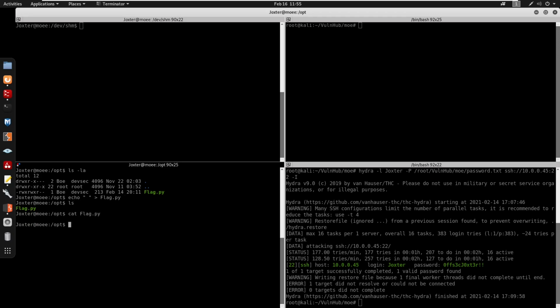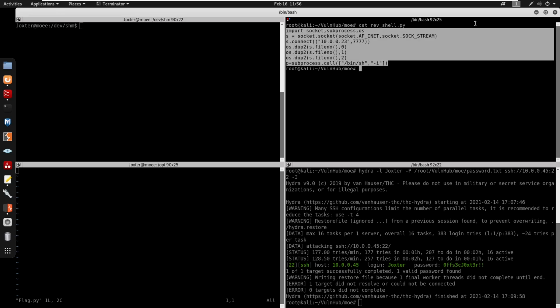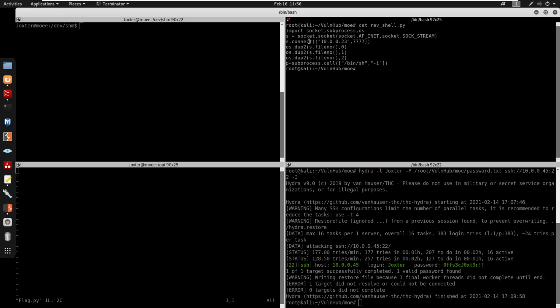So we can cat flag.py. We have nothing in there, right? Now I'm going to vi into flag.py. I made a script right here that gets us a reverse connection. Basically that's a one-liner, just broken down into Python, so it's not just in one line. It is connecting back on my IP and my port, running a bin bash as a subprocess call,